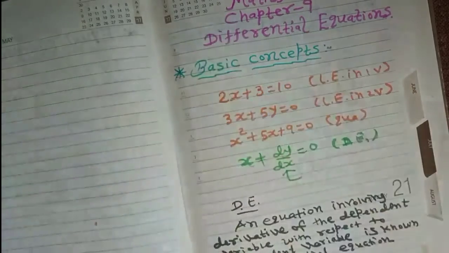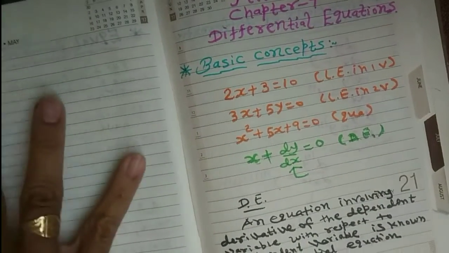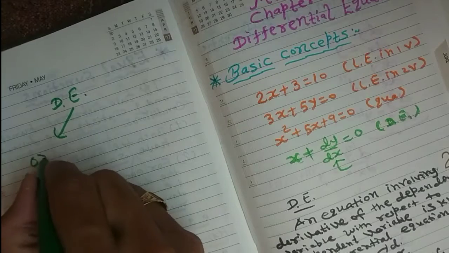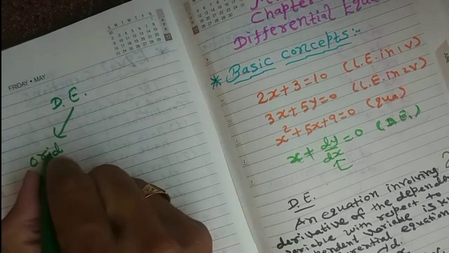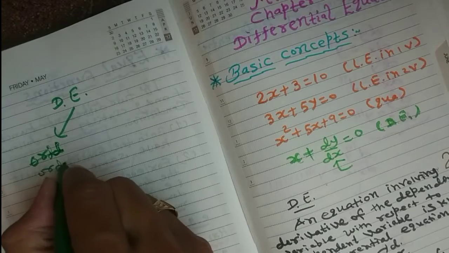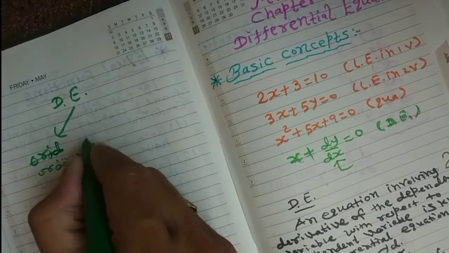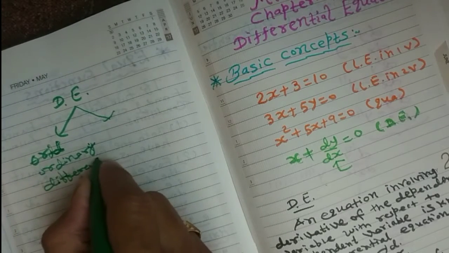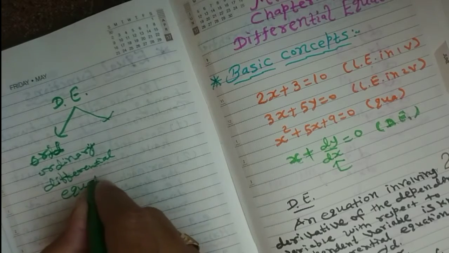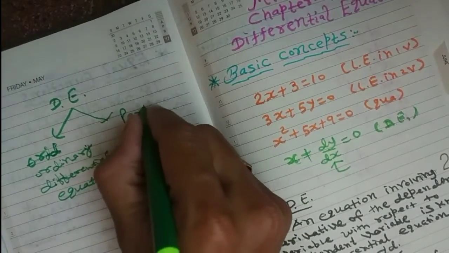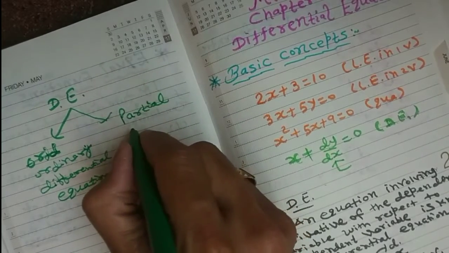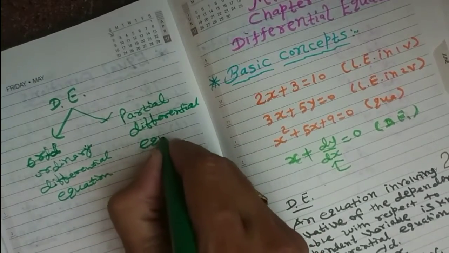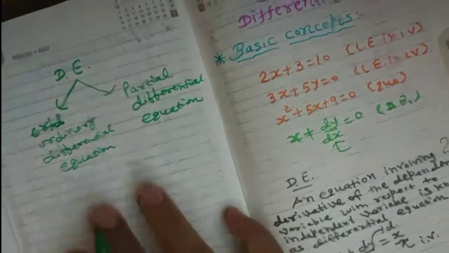First is the ordinary differential equation, and second is the partial differential equation. Ordinary means